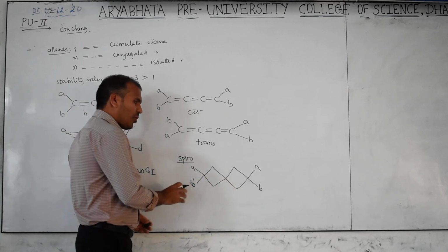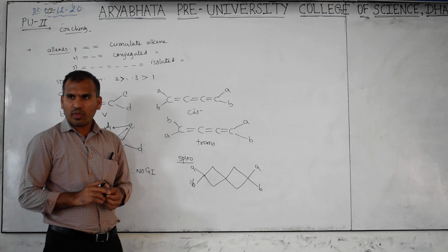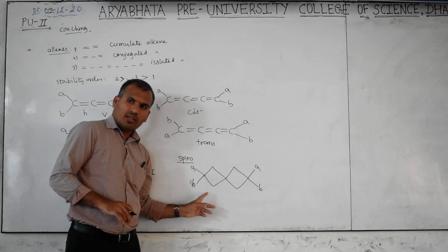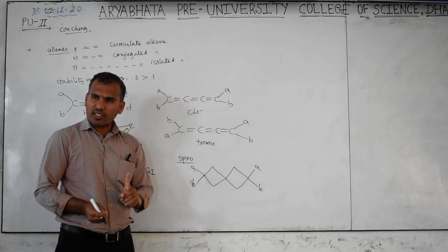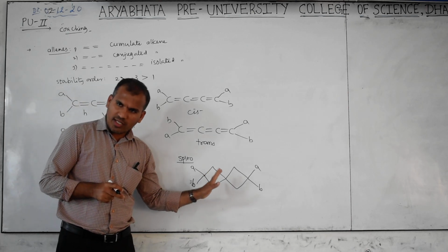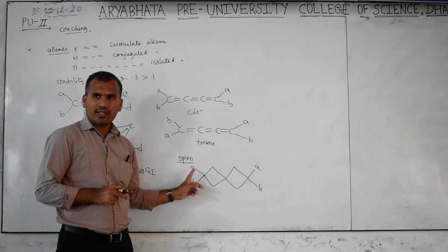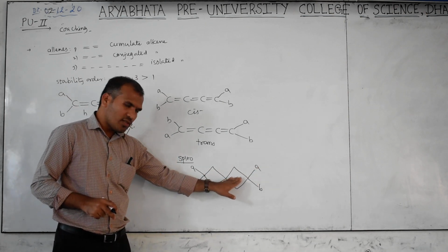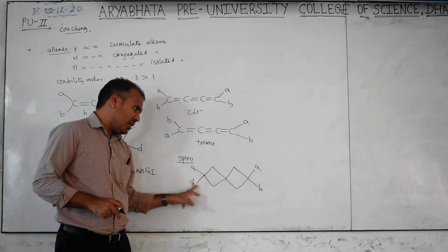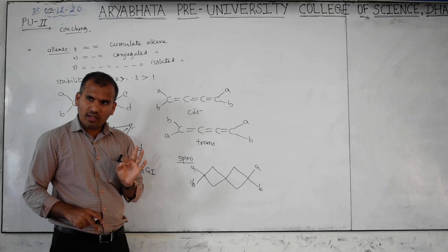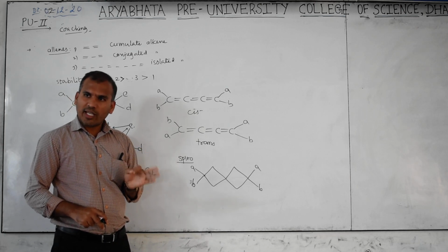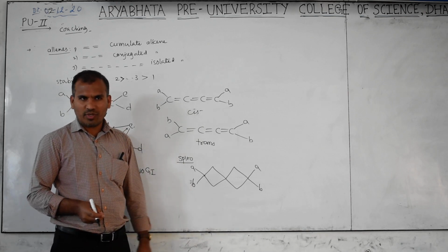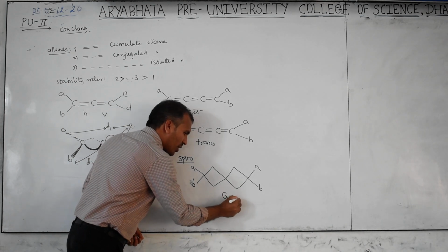Here the groups are different. Now, does it show geometrical isomerism or not, tell? To show geometrical isomerism, similar groups are on the same side. Is there cis? But what do we have to check first? Restricted rotation. Restricted rotation is there. Second, what do you have to check? Groups at the restricted rotation. Different is there. Third, what do you have to check? The relative distance. If this is horizontal, this is vertical, then A's distance with this B and A's distance with this A, same or different? Same. Same, does it show or not? No. Then it does not show geometrical isomerism. No GI. Why is it no GI?